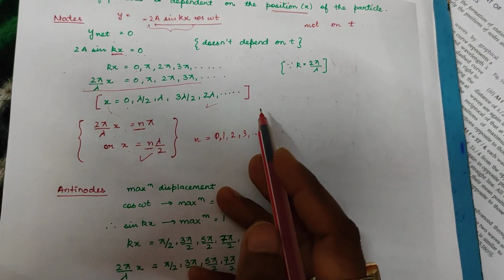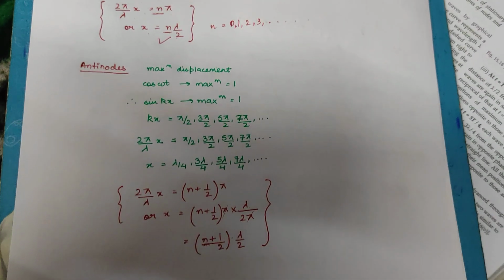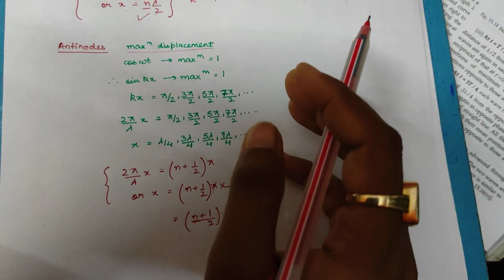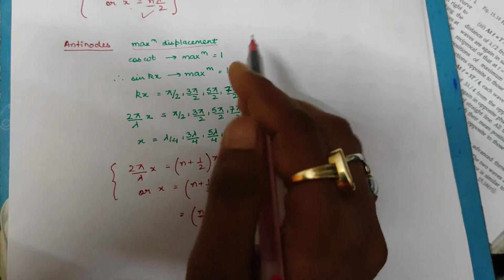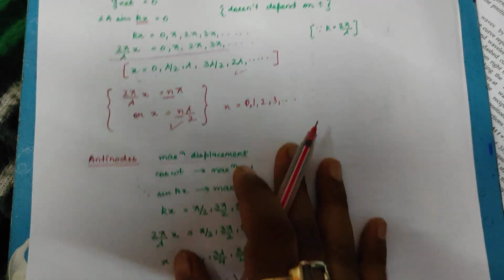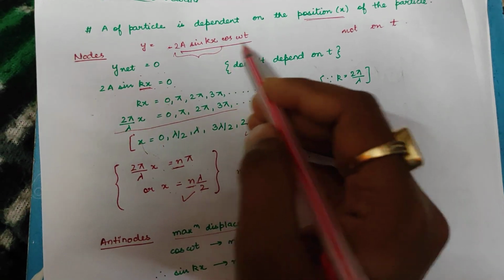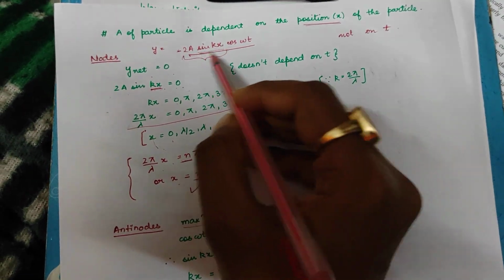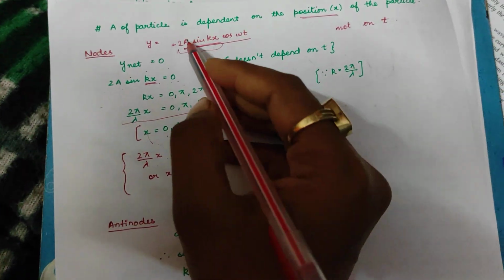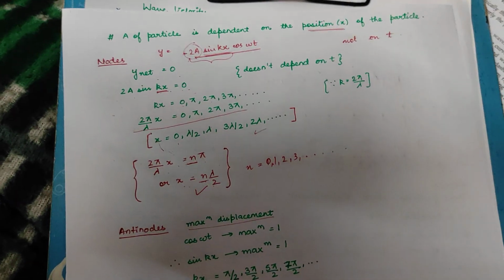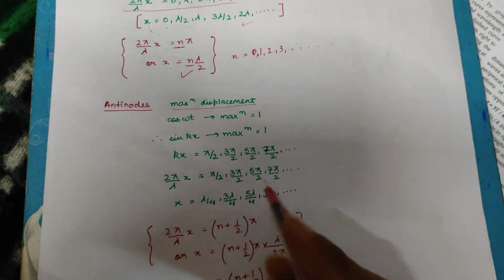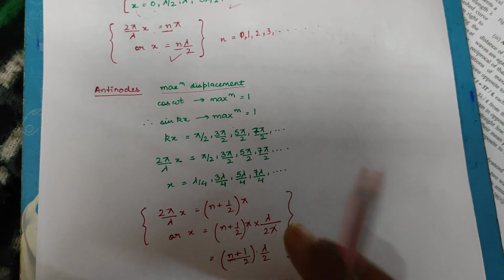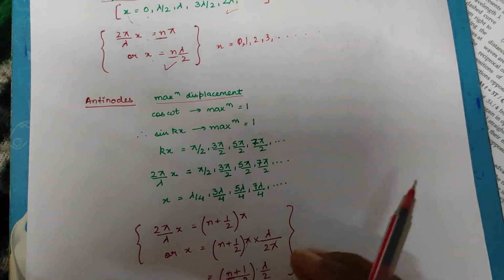You can check. Okay, now considering the case of antinodes, we know that the particles which show maximum displacement are antinodes. So this is only possible in this equation if cos omega t is maximum, and then sin kx needs to be maximum, only then the maximum displacement 2a is possible. Is it clear? So these two need to be maximum. When is sin maximum? When sin 90 degree is maximum.